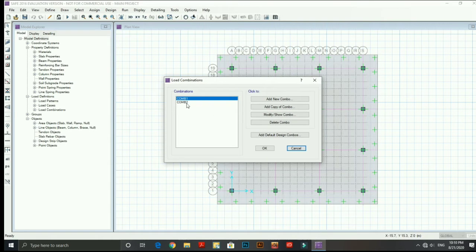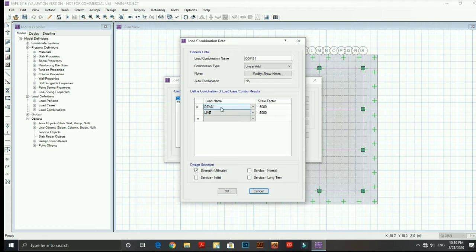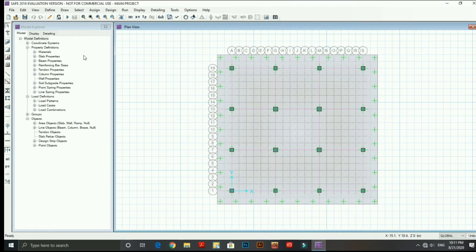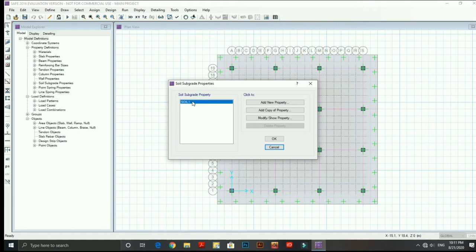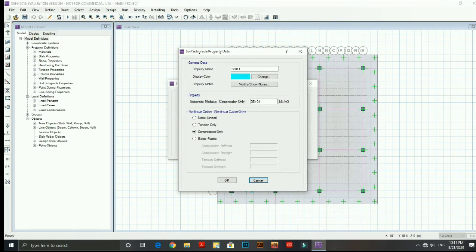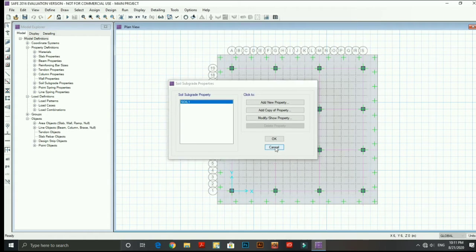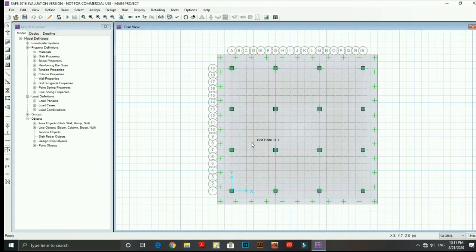There are two types of combination: the ultimate load combination, where dead and live load are both 1.5, and the static combination, where both dead and live load are 1. Then go to the define menu and you can see soil properties 1 with the values from the project. So everything is defined here.